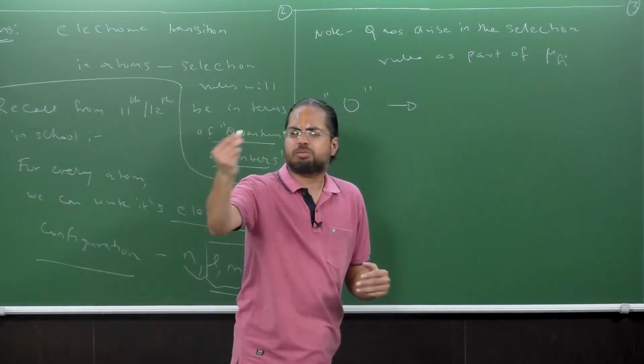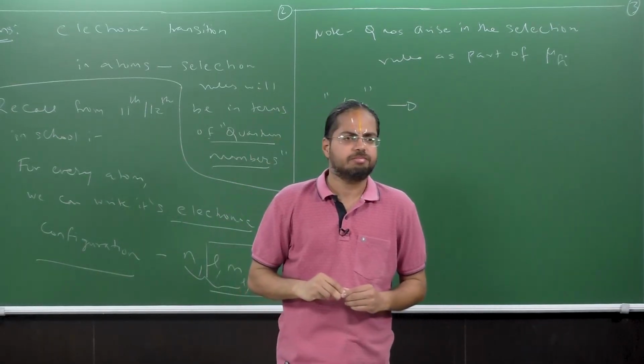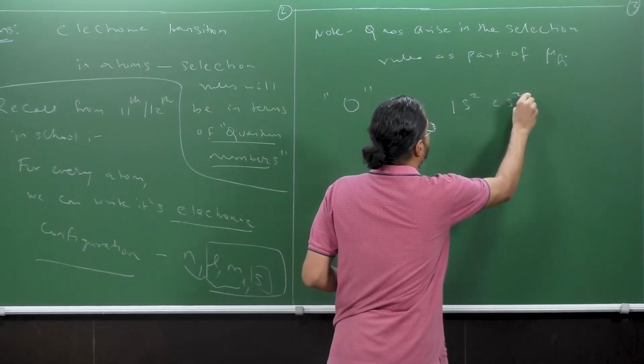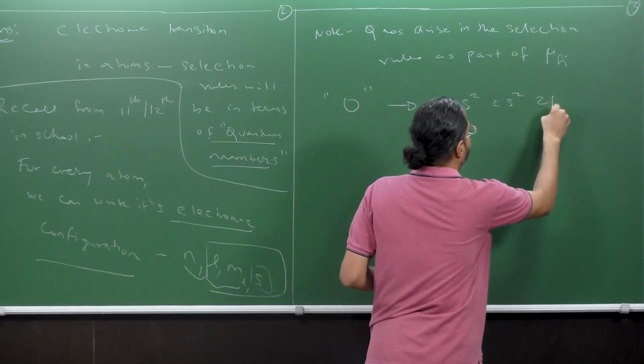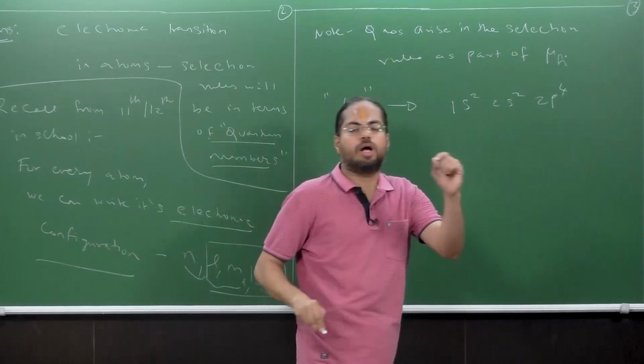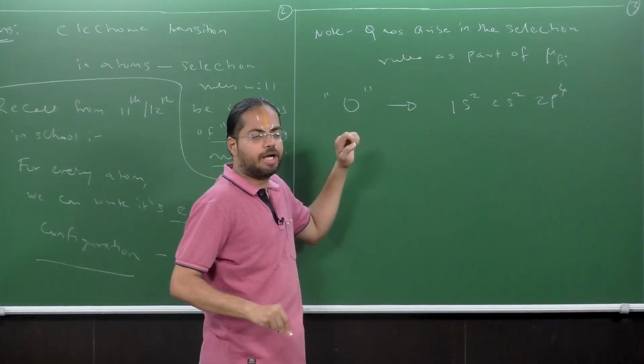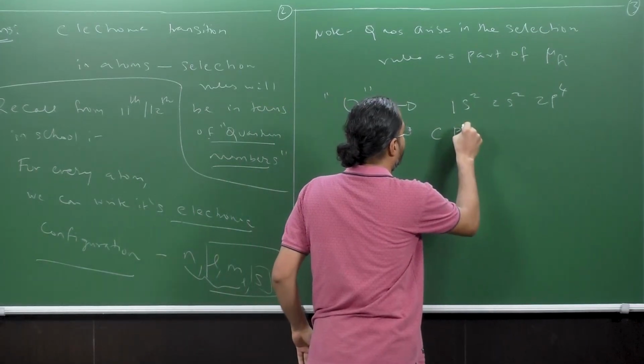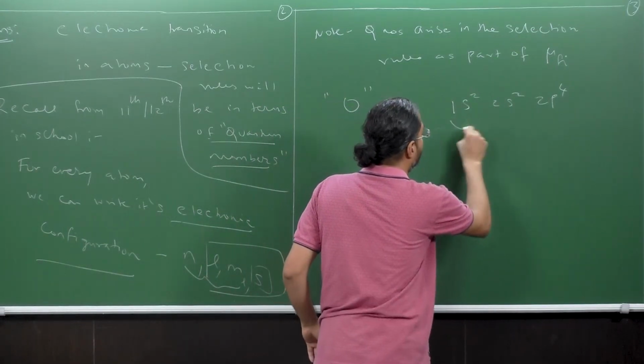What is going to be the electronic configuration of oxygen atom? Well, we know that it is 1s2, 2s2, 2p4, correct? This is the ground state electronic configuration of oxygen atom as we all study in school. So this is completely paired, I mean, both 1s2 and 2s2